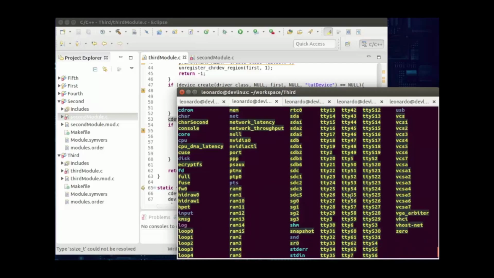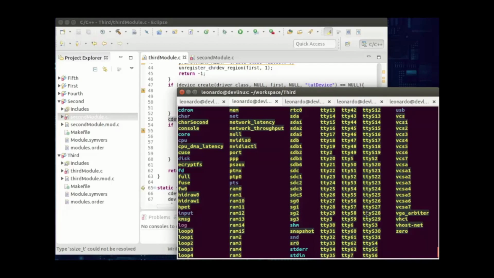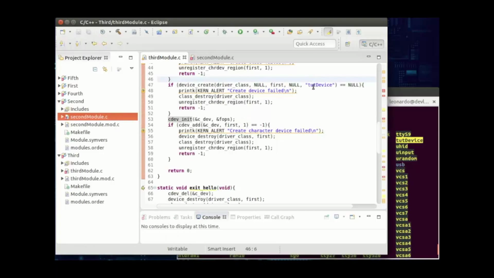So let's check. Here, truth device. Okay, so basically this guy has been created here in the device, actually here in the cdev